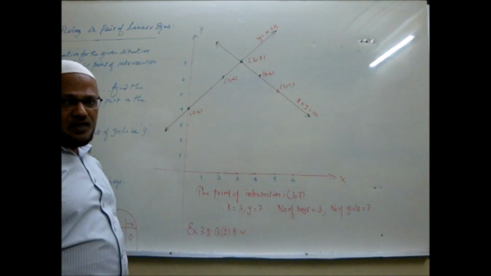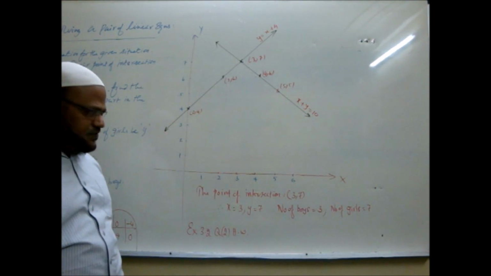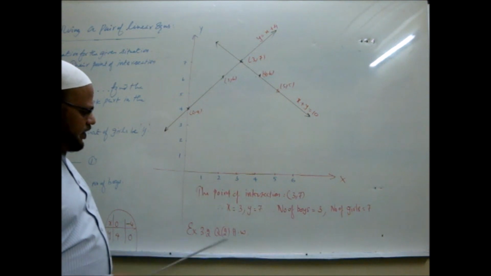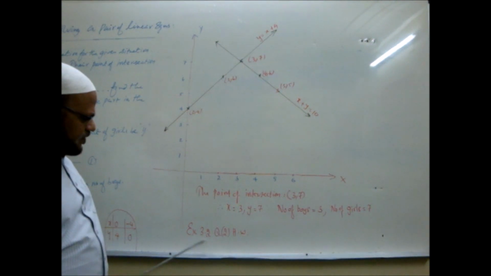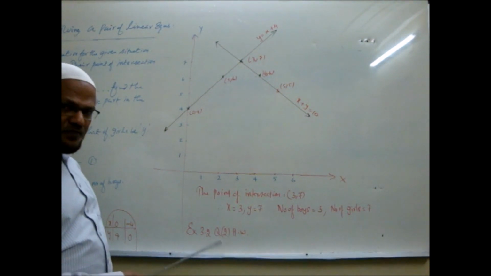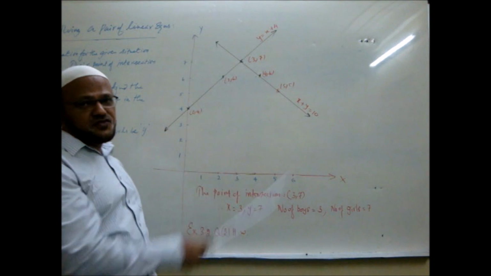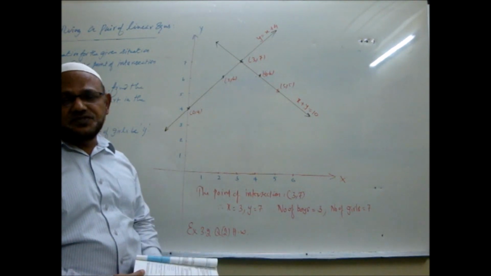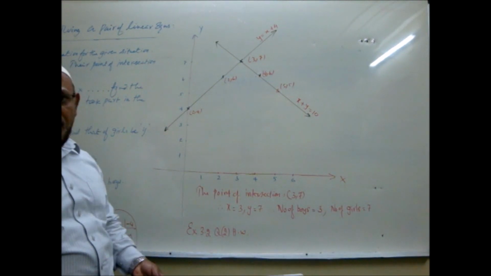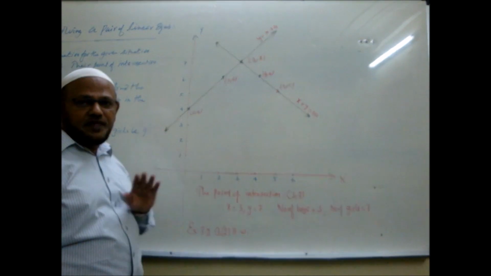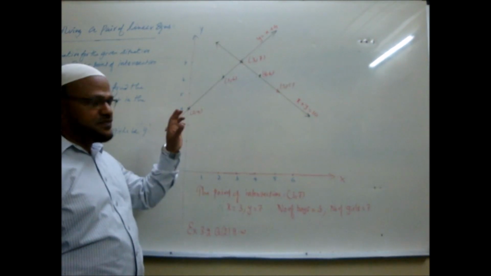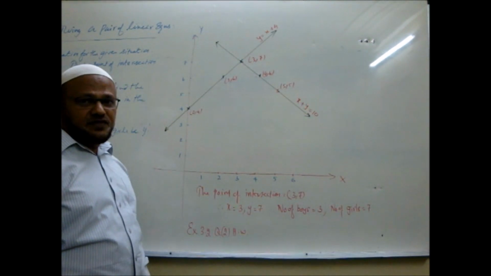You can cross-check by substitution. In the same way, you do the second question from that exercise. You frame the equations, draw the graph, and find the point of intersection. It is not always required that these 2 lines intersect. In some questions, if the lines go parallel, then the equations may not have a solution. Such a situation is an impossible situation.